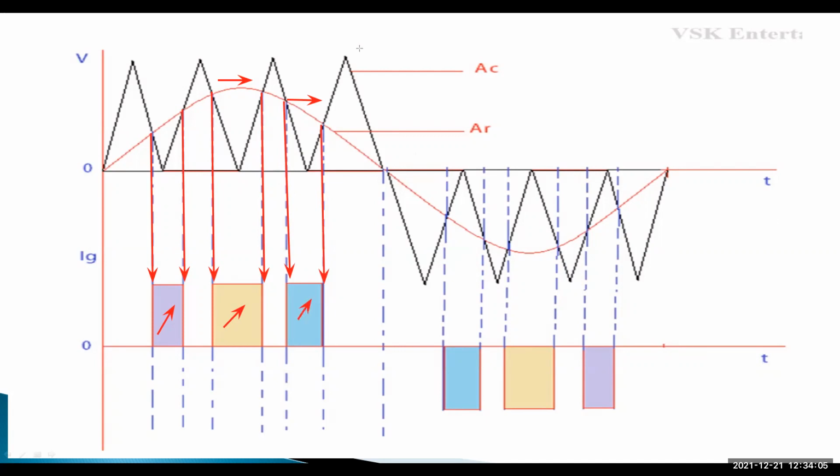So try to consider that the width of this pulse and the width of the next pulse are different. The pulse width is different, but in the single pulse and multiple pulse techniques, the width is constant. That drawback can be overcome by using the sinusoidal pulse width modulation technique. In this way, we generate triggering pulses, and these are fed to the SCR inverter, then the output voltage can be controlled. That means by controlling the reference signal and the carrier signal, we generate the output. Okay, fine.